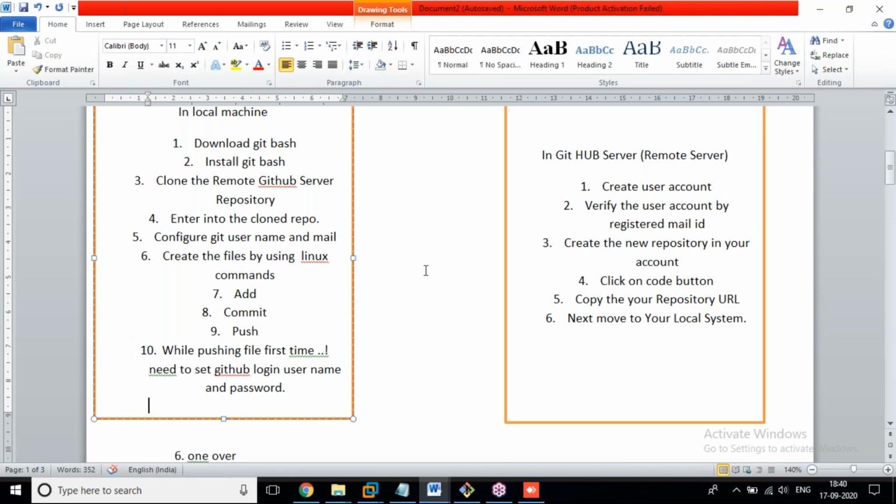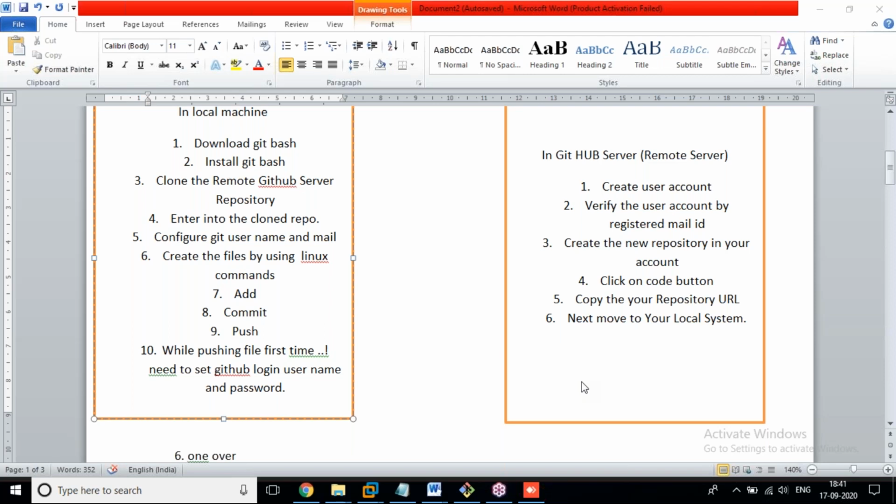Now see, if you want to create a file, which command do you want to use, please guys? Which command do we need to use? Please try to respond to me. Don't be silent, you can join with me. Whatever knowledge you have, you can share with me. You can recall yourself. Yes, please tell me. Which command needs to be used for creating a file, either a Linux command or a Git command?